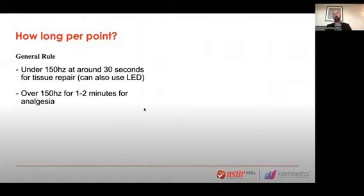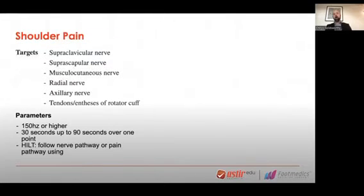So under 150 Hertz at around 30 seconds for tissue repair, this is what you use. Over 150 Hertz, 1 to 2 minutes for analgesia. Okay. So shoulder pain. Now you're going to see, and this is going to get a bit complicated because I